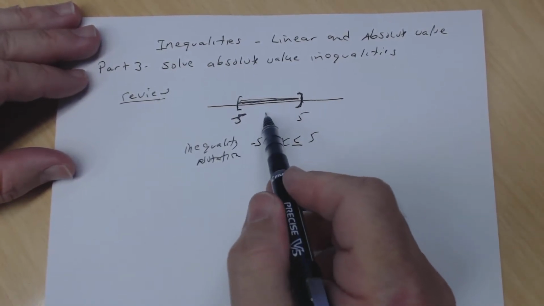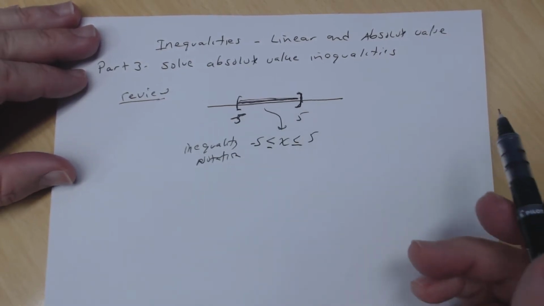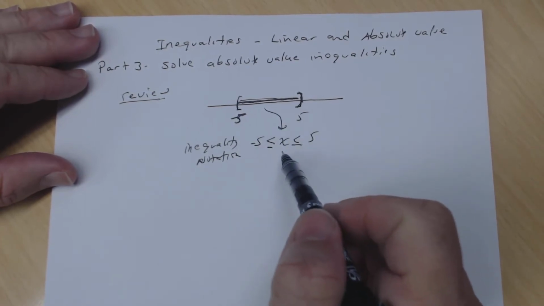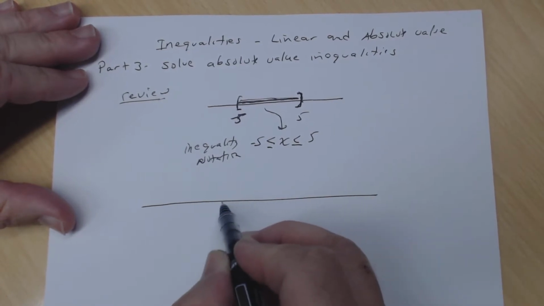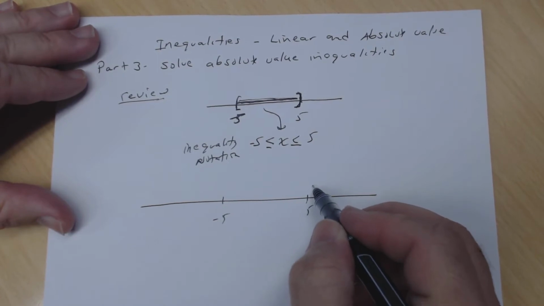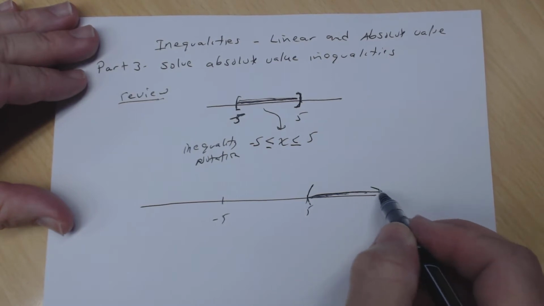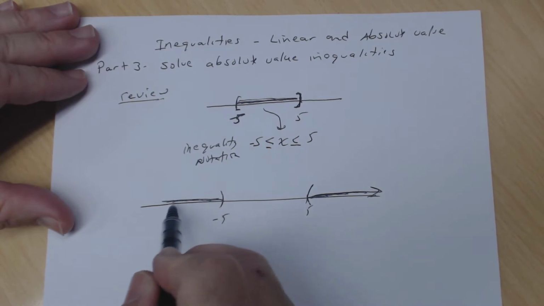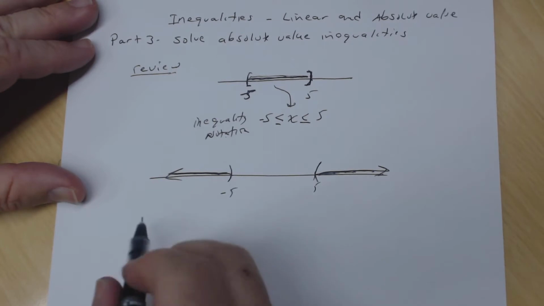Alright, so this right here in terms of an inequality means this. So x is between negative 5 and 5. Alright, so that's how we would write this graph as an inequality. If I look at this one, and let's say this is negative 5 and this is 5, but instead I'm going to use parentheses this time. I'm looking at the graph to the right of 5, and I'm looking at the graph to the left of negative 5. And so in terms of inequality notation,